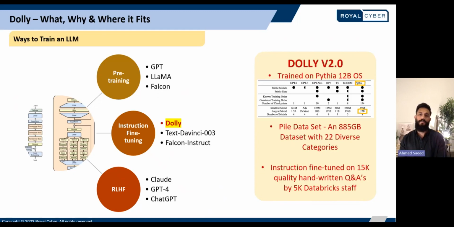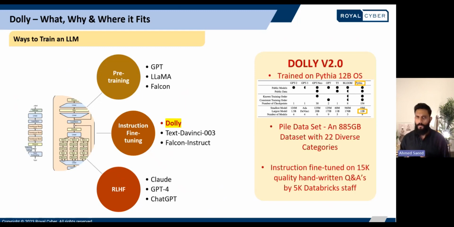So Databricks then looked for another way to replicate what OpenAI had done when they created the InstructGPT model that was trained on a data set consisting of close to 13,000 demonstrations of instruction following behavior, right? So that's what OpenAI did. And for Databricks to take that journey, the first step was to find a pre-trained model.